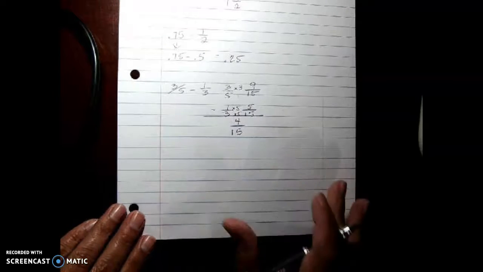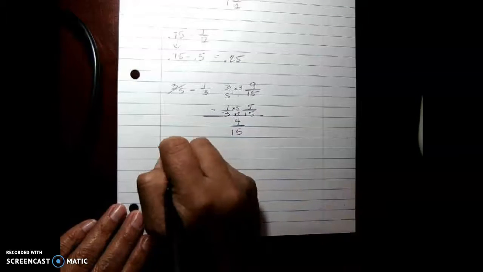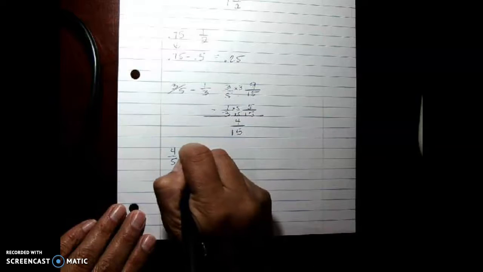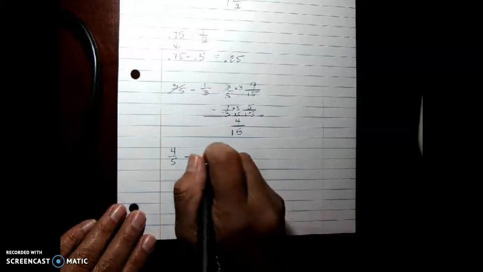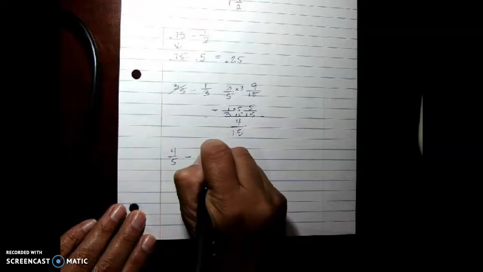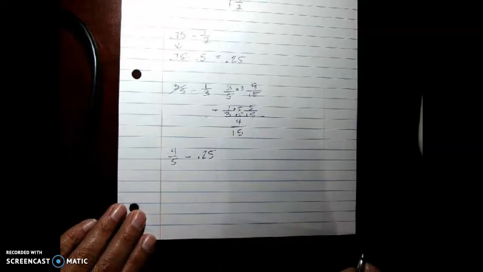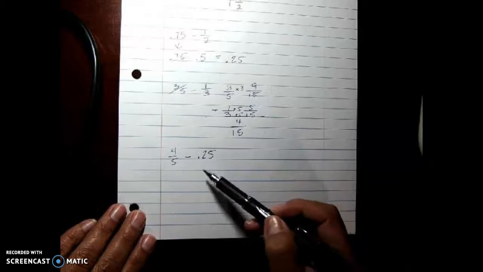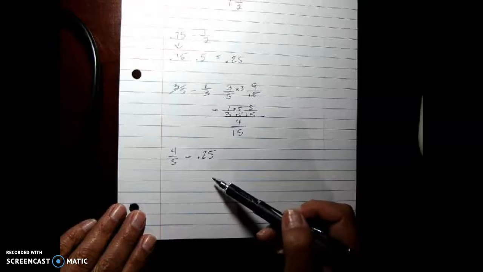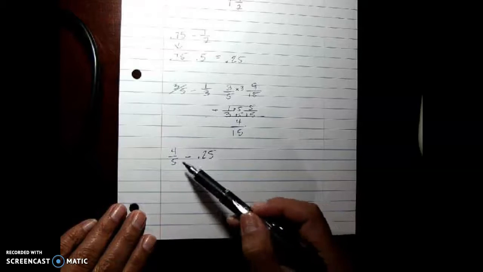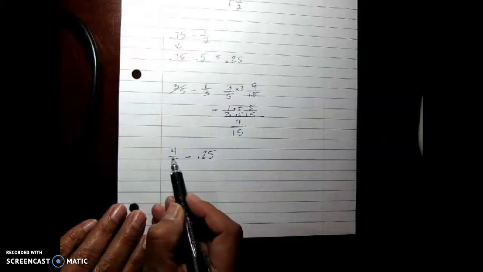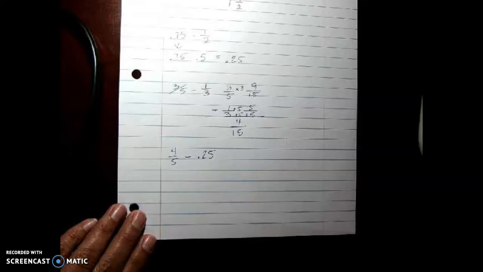All right. Now we're going to have 4/5 minus 0.25. 4/5 minus 0.25. Now make sure you are writing this with me so you can have it for your notes and when you get to the questions. So 4/5 minus 0.25, we're going to go ahead and change this to a decimal. So remember, the fraction line means divide. 4 divided by 5. 4 divided by 5 is 0.8